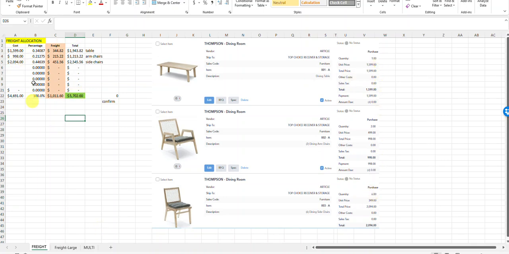Well, when we got the bill, we realized that $1,011.60 was the freight allocation. This is not third party shipping and receiving or anything. It's freight from the vendor. So I created this spreadsheet so I can figure out the percentage of the totals and allocate the freight